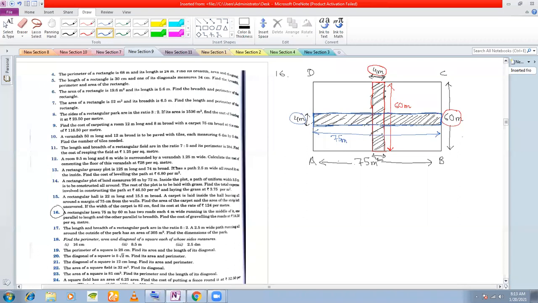And then you add up the areas, right? But the problem is, when you add up the areas of these two rectangles, we are considering this part, this square that we have here, double, isn't it? One for the first rectangle and one for the second rectangle. One for the vertical rectangle, one for the horizontal rectangle. We are considering this area twice, isn't it? So that is why you will have to subtract the area of the square once.